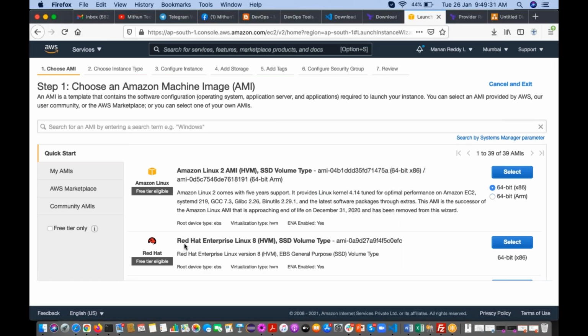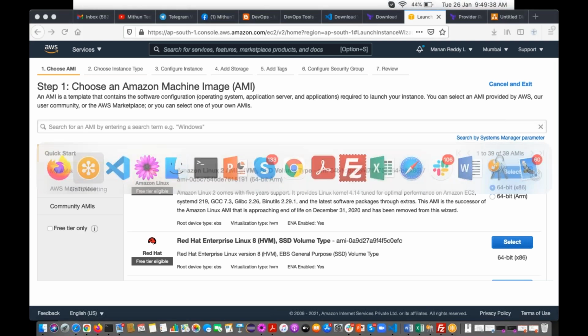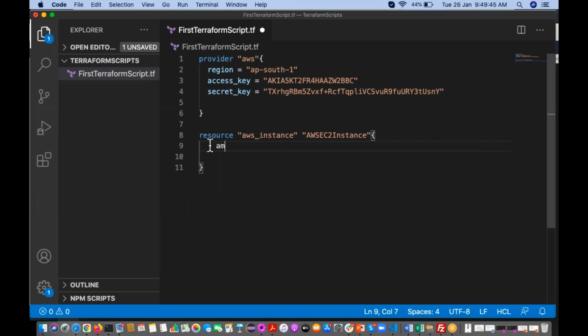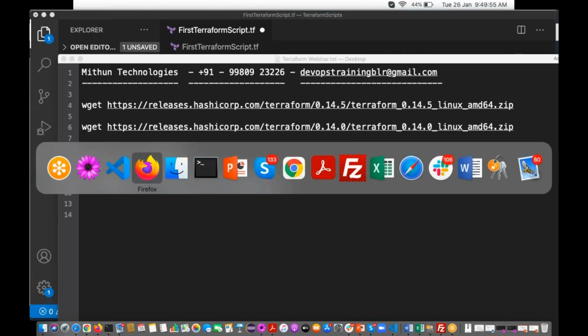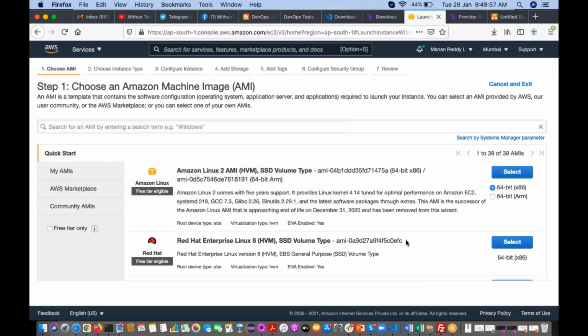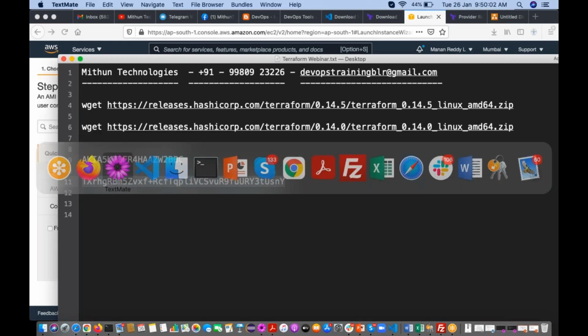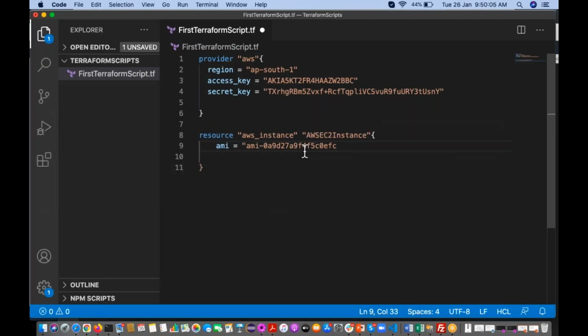See here, I want to create a Red Hat Enterprise Linux server. So this is the AMI ID. Copy this one. Go here in your editor. AMI equals, and you have to give that. It is not copied, so let me copy this one. This is the AMI.